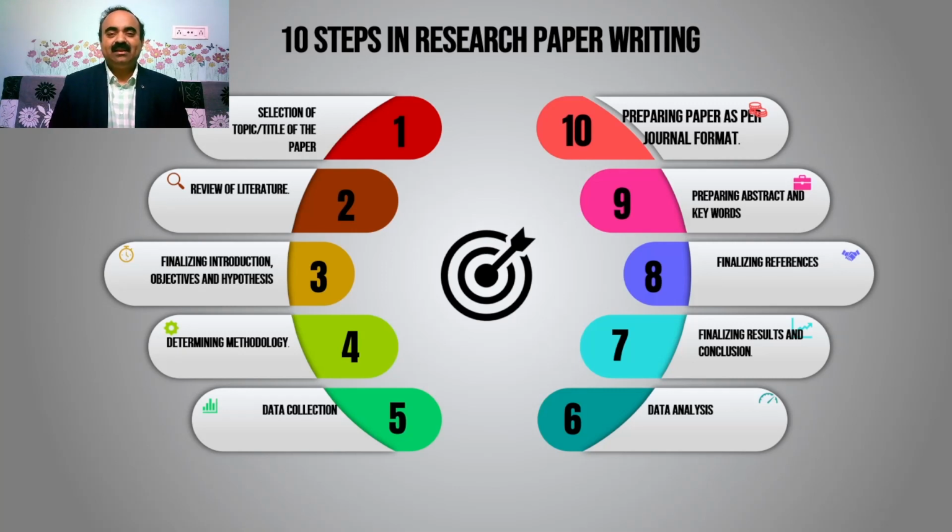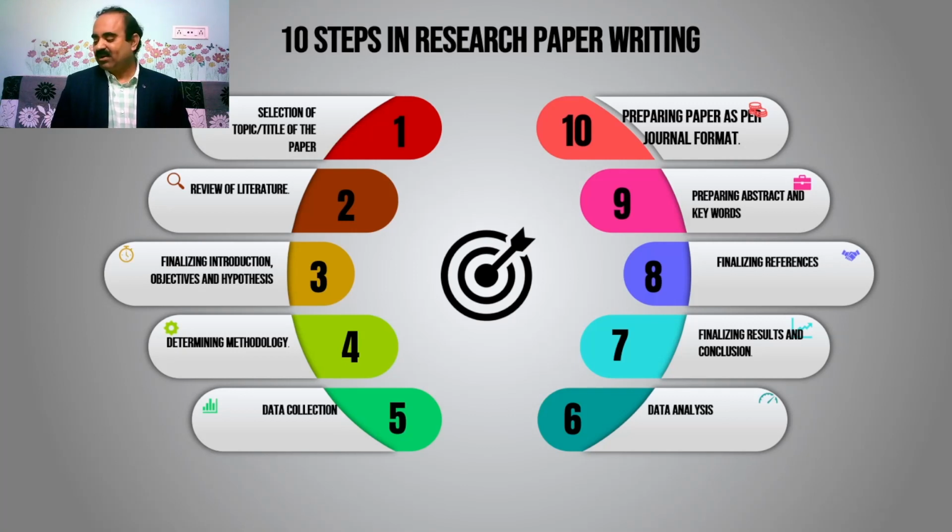In methodology, you have to explain how do you conduct your research. You have to specify the type of research that you have done. Your research may be descriptive research, theoretical research, applied research, exploratory research, explanatory research, diagnostic research, experimental research, empirical research. So which research you have to specify.